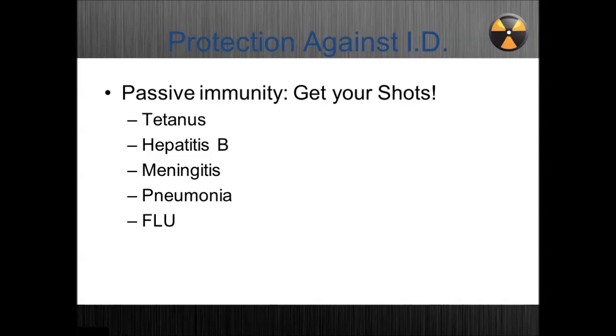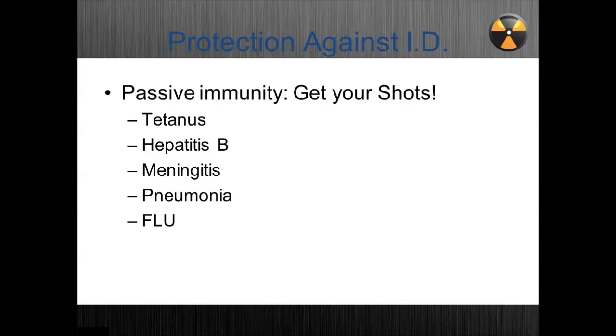It's worth it. You'll hear people say, oh, I don't get the flu shot, because every year I get the flu shot, I get sick, and that flu shot causes me to get sick. No, it doesn't. Remember what I told you about what we do: we take the virus and we chop it up into little pieces. So it's physically impossible for you to get the flu from the flu shot. It's all dead pieces. Now, are you going to feel a little crummy? Yeah, because your body's building the immune system.